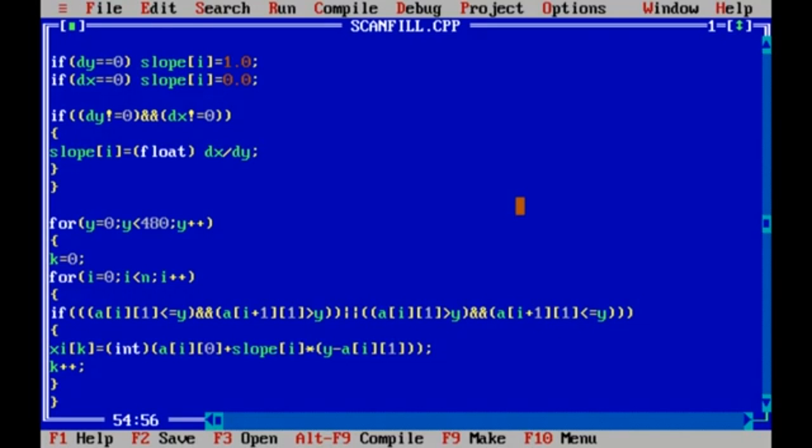So we are making the complete thing into an integer. We are doing explicit type conversion, converting the resultant value into an integer value. And at the last, for every iteration we'll be incrementing the k value. If you remember, xi is a single dimensional array. It is going to hold the result in the kth form.